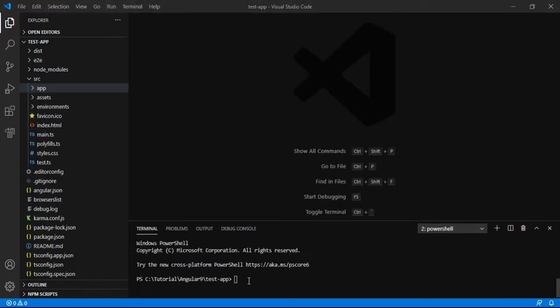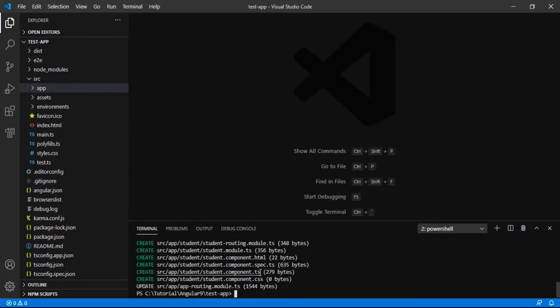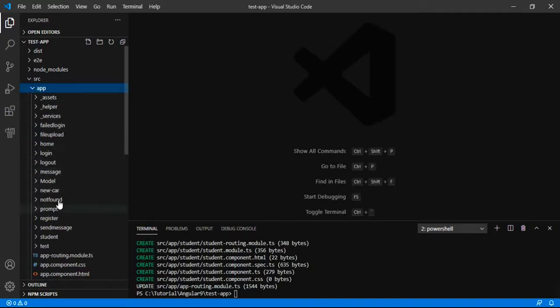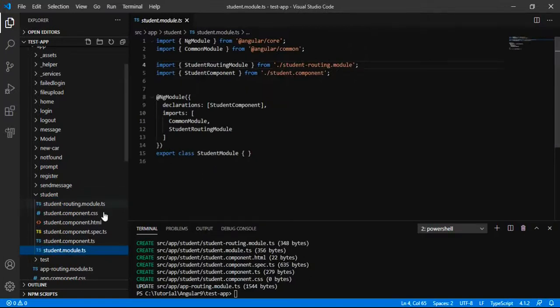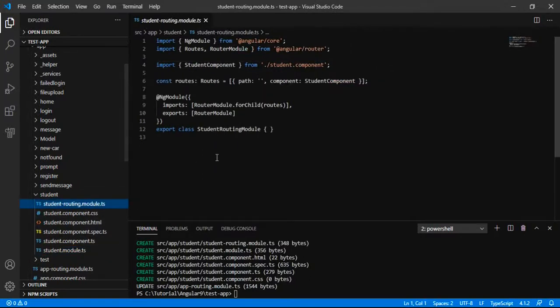Let us first of all create a feature module. So we can see a student module has been created with the routing file as it is.